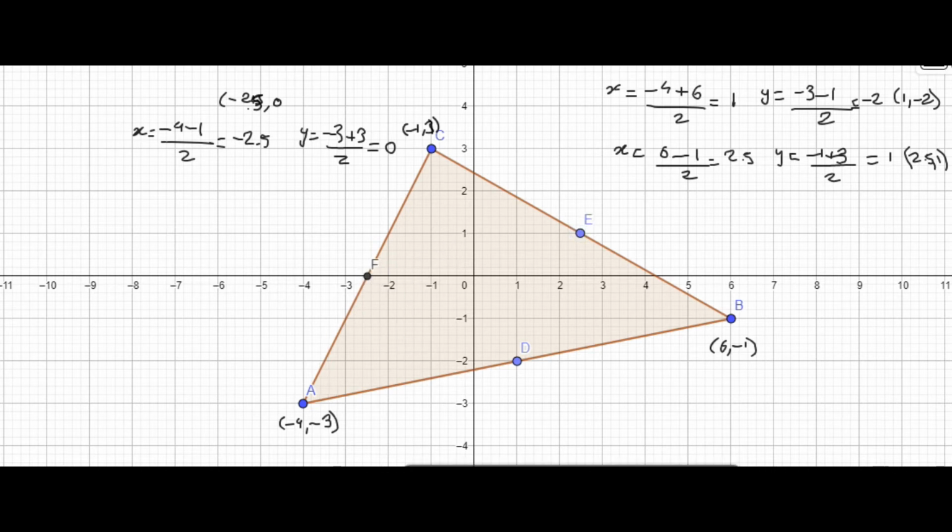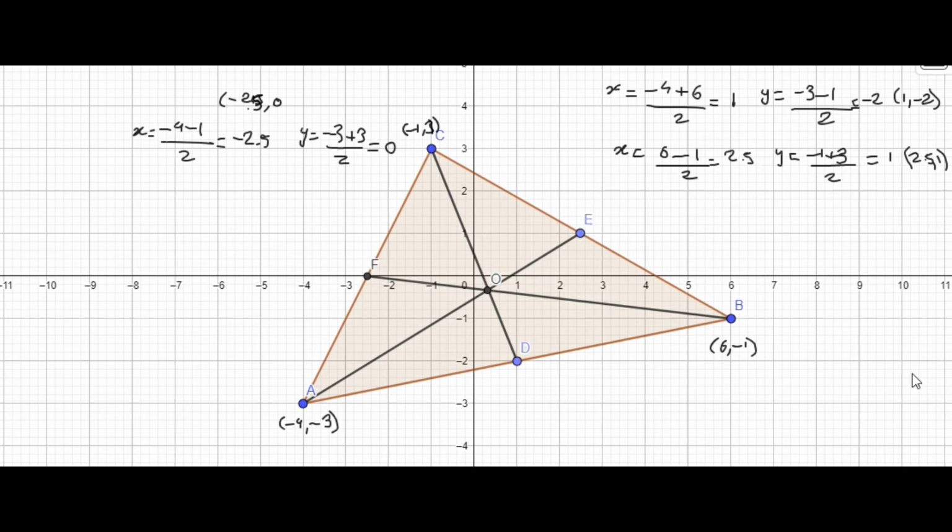To find the centroid, all we have to do is connect one vertex to the opposite line segment. So A we'll connect to the point E, B will connect to the point F, and C will connect to the point D. You see that they are all meeting at a common point in the center, and let us call that point O. That is the application of the midpoint formula. Here we used the midpoint formula 3 times, so it is one explanation plus 3 examples in one video. What more do you want?